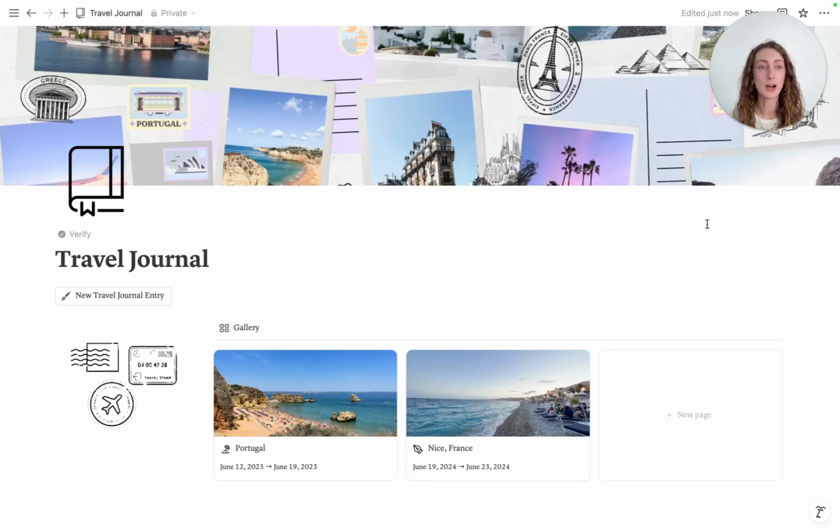This is the travel journal Notion template, and this is a part of the all-in-one travel planner and journal Notion template that I have to plan everything for your travels. And this is just a section of it. So if you want just the travel journal, you're able to get it on its own, and I'll walk through